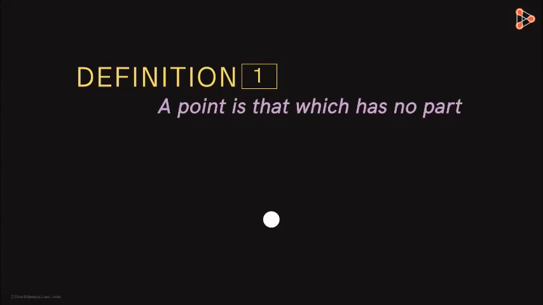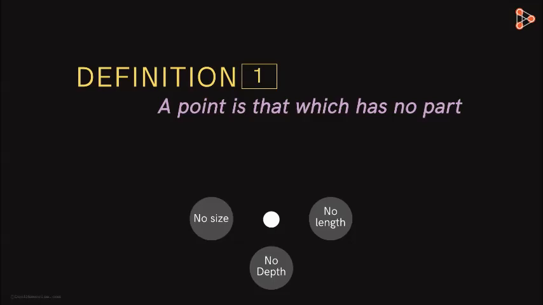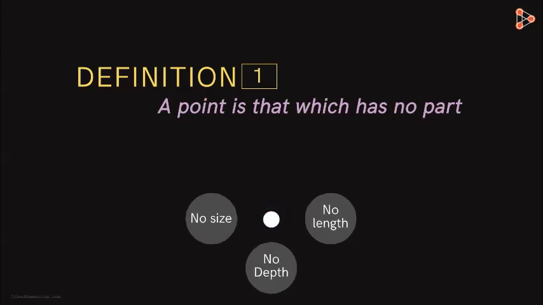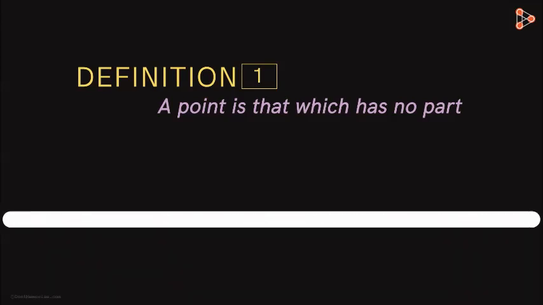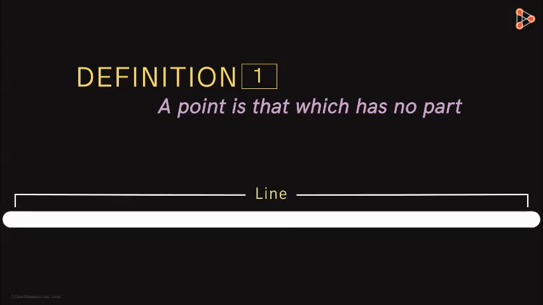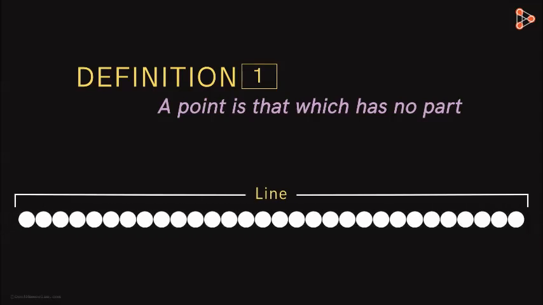In simple words, a point is the smallest and the most fundamental aspect of geometry. It has no size, length, or depth. It's shown by a dot. Everything we will learn from now on will be based on a point. So let's do one thing. Let's place similar points closely one after the other. We see that it appears as a line. So, a line is basically a closely spaced collection of points one after the other.